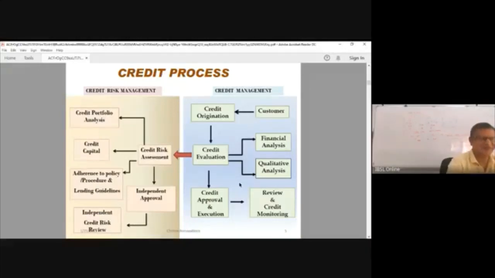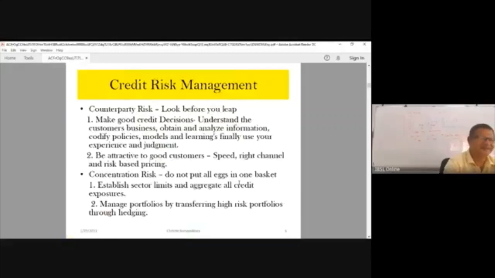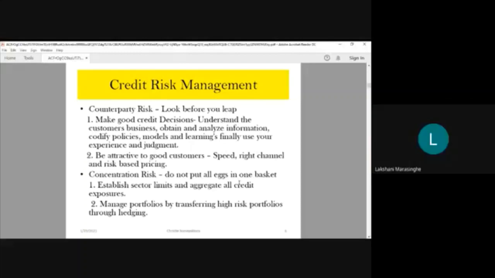So moving on to our subject, I told you earlier, credit risk has two divisions. Now we have understood what is credit, what is risk. We also understood the process of management. Now I'm going forward to tell you